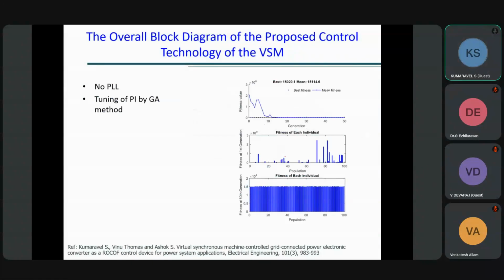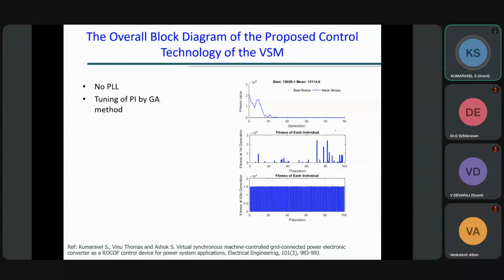So this is one of the publications we have made with the help of an AI genetic algorithm for tuning PI. We have used a PI controller in the virtual synchronous machine to control the modulation signal using the variation of damping power and the virtual synchronous power. We have a feedback system. The detailed mathematics I am not showing here, considering time. So we are using a genetic algorithm for tuning the value of PI.